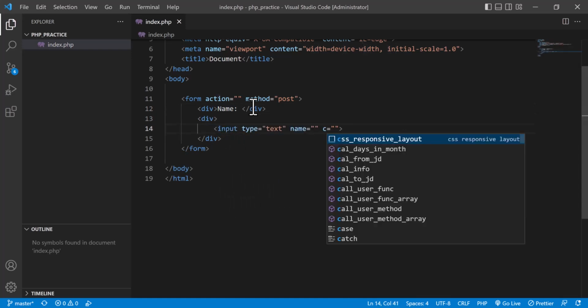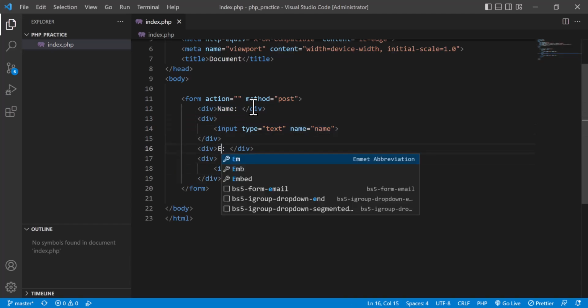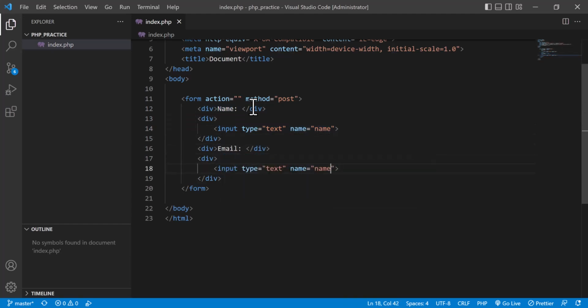Here is name. Another one after that is email, and after that I am going to put a submit button, input type equal to submit,